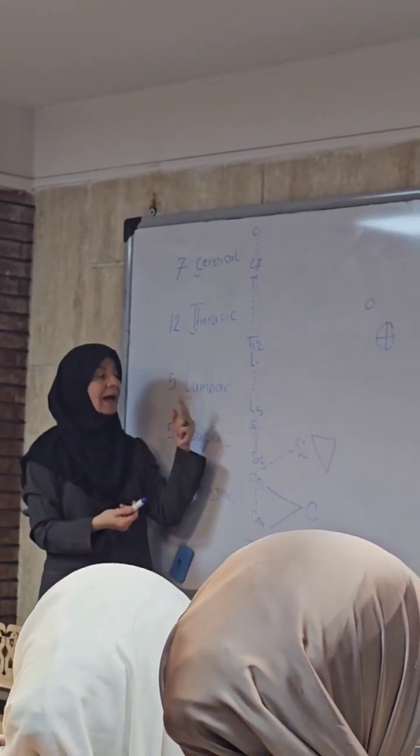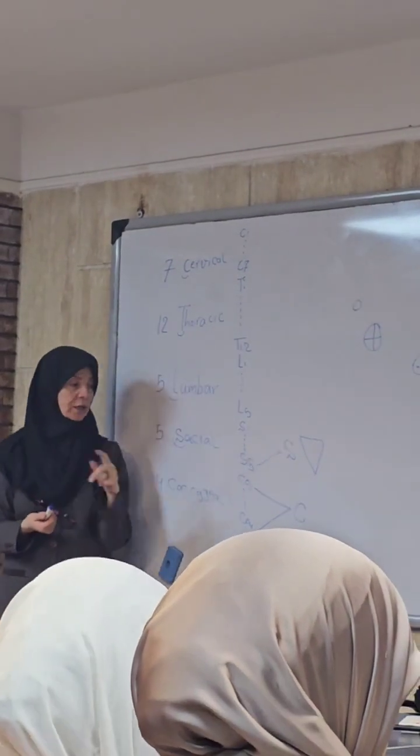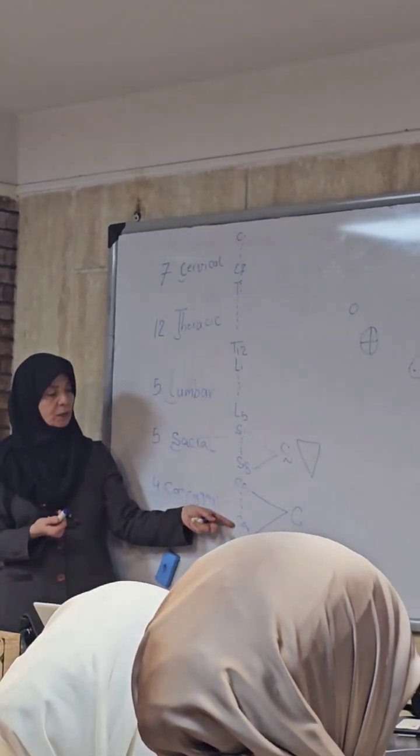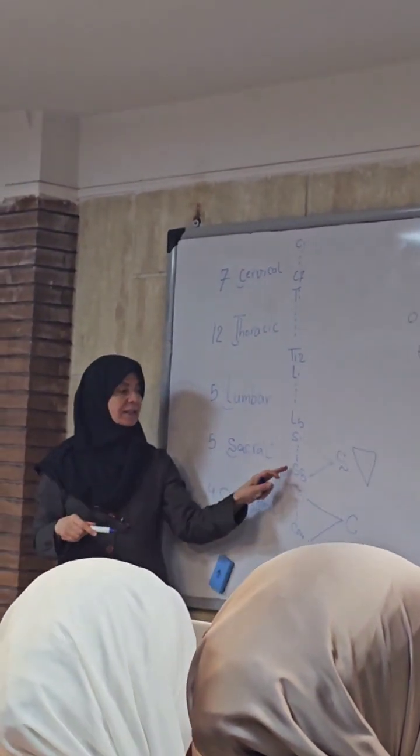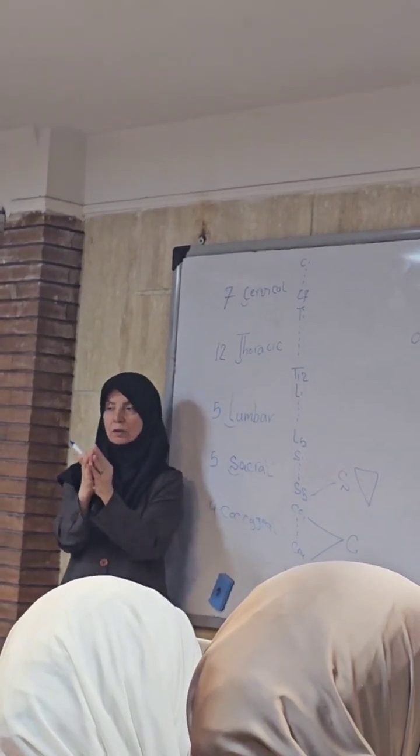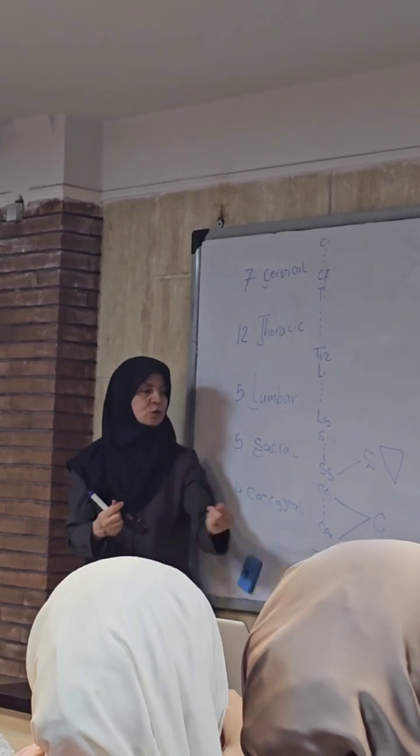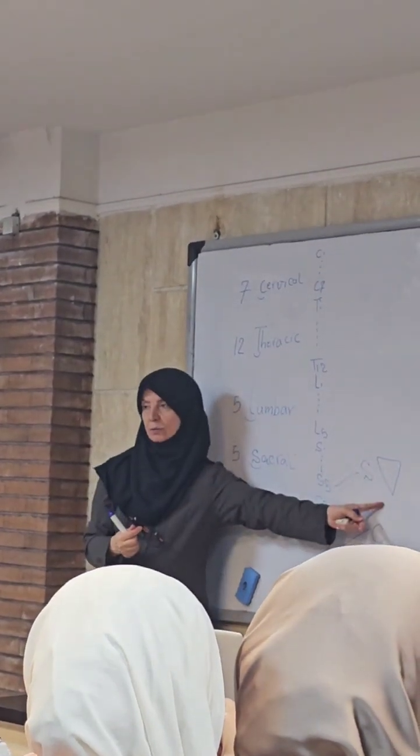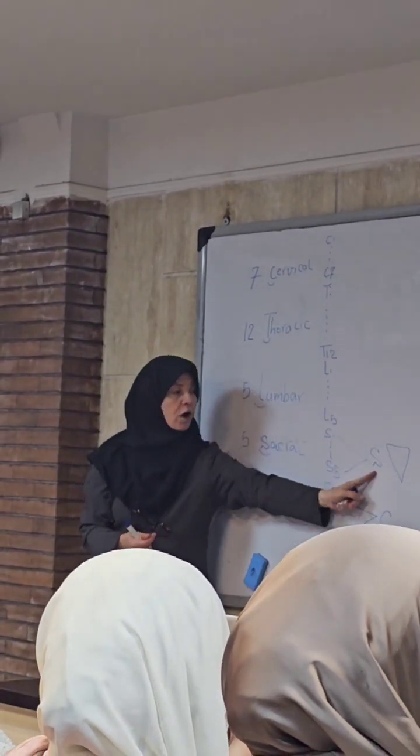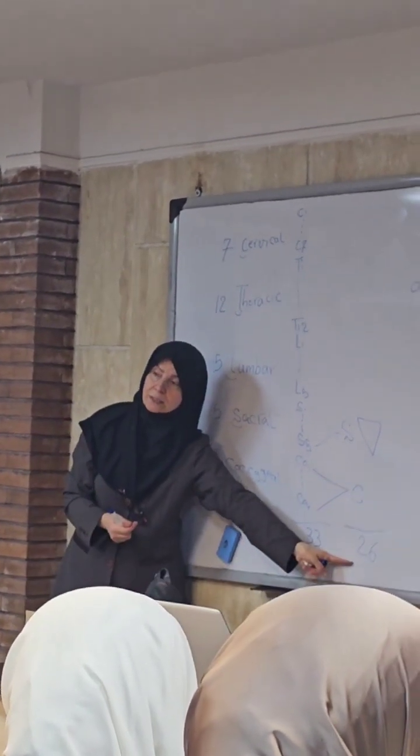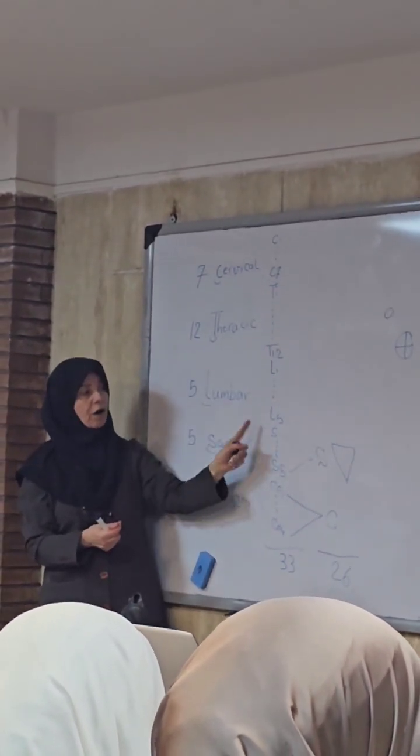What happened? At the first, we have 5 separate bones in the sacral region, 4 separate bones in the coccygeal region. With the development, something happened. These 5 joined to each other. These 4 fused to each other and become 1. So here 7, 12, 5, 1, 1 become 26. But at the first, we have 7, 12, 5, 5,